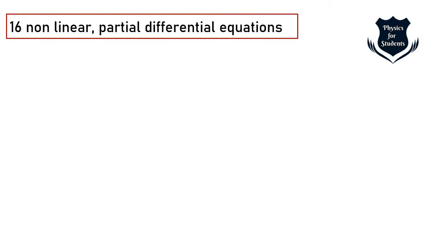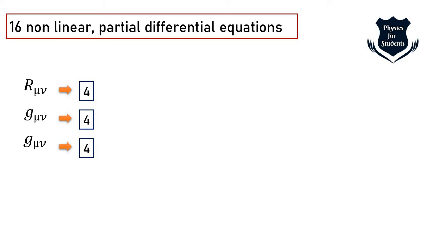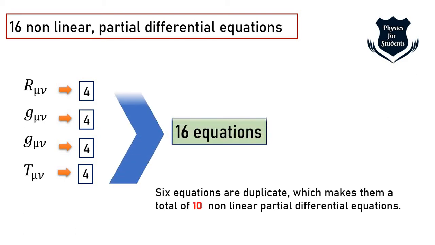Well, we need to understand one more thing, that in Einstein's field equations, the R mu nu actually contains 4, G mu nu another 4, and again there's a repetition of G mu nu, so taken 4, and T mu nu, which is the stress energy momentum tensor, contains 4. So all these 4 are basically, as I have shown, from 0 to 3, the time and the spatial components. So taken together, this leads to 16